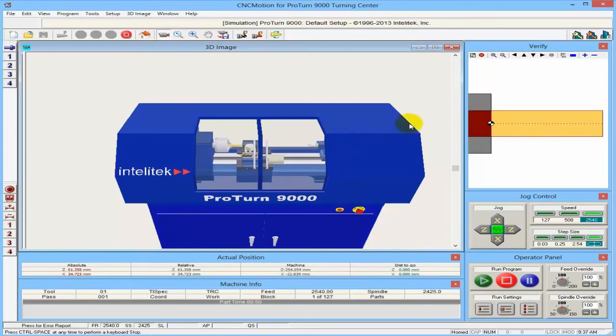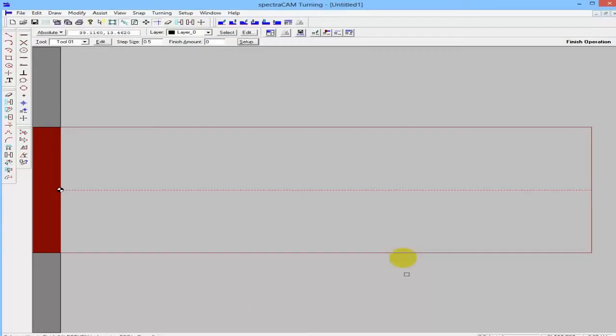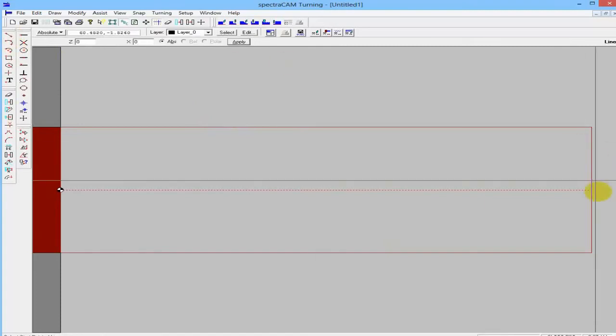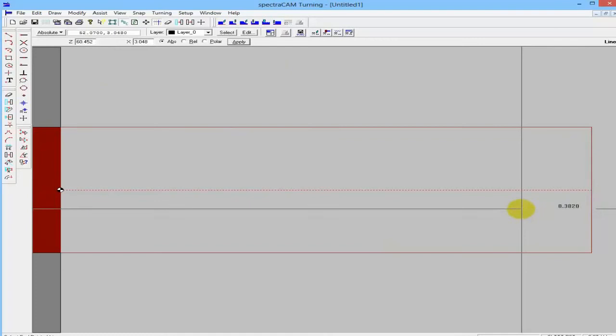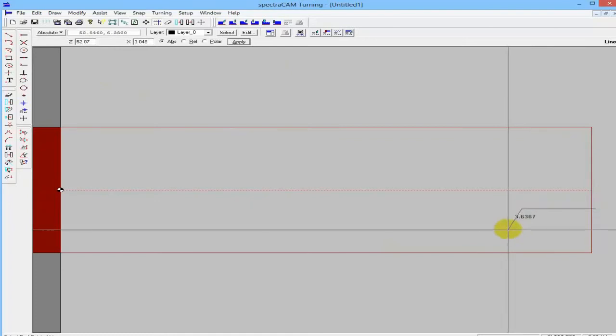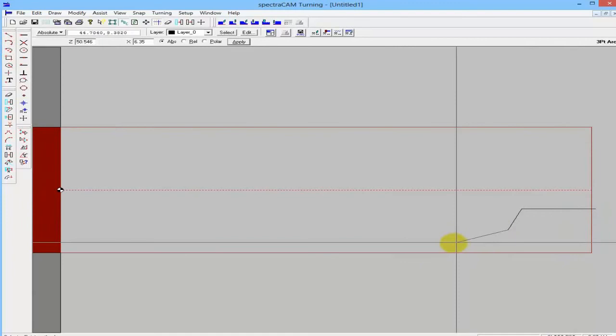What I'm going to do now is go to another software and write a little bit of G-code on our software called SpectraCam Turning. This is a CAD utility for turning, which is very simple. Although it is simple, it is giving me all the possibilities. I'm doing now freehand drawing. If you don't mind, I'll do an arc here